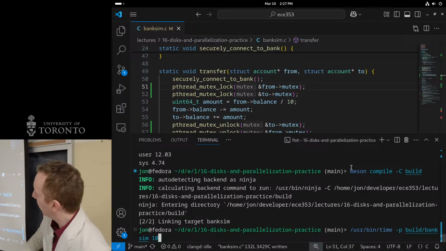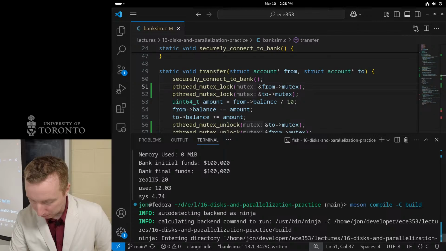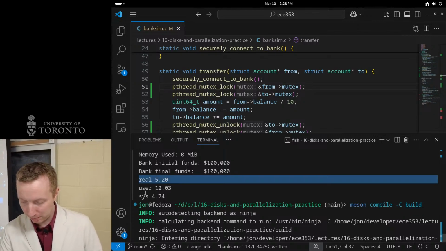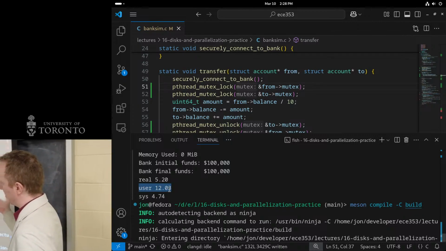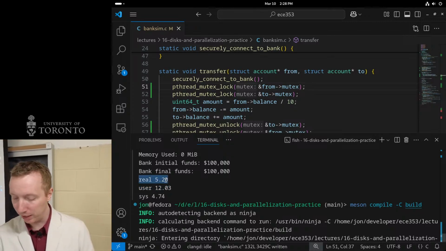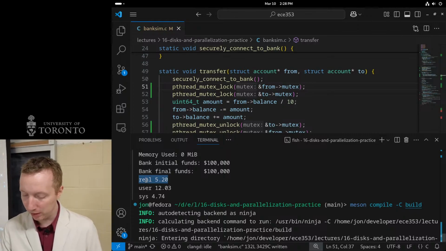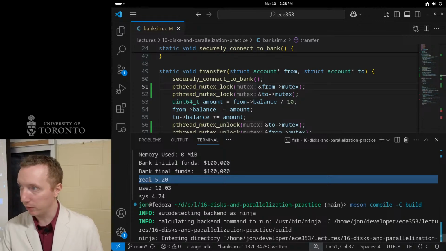All right, so time to beat. So let's see, scroll up. Real time is like real clock time. User time is time across all cores. So we're doing about 12 seconds of work. In that case, we didn't exactly do it 8 times faster because we were blocked. We just had a single mutex before. So that's why we got that. So real is the time we actually care about. It's like how many real seconds pass.